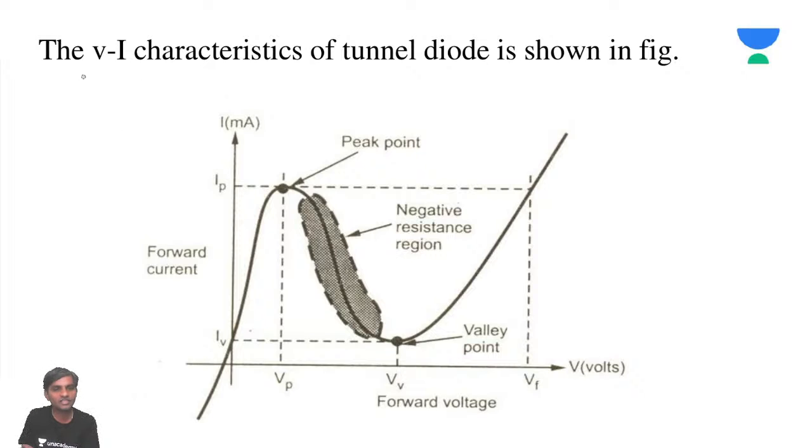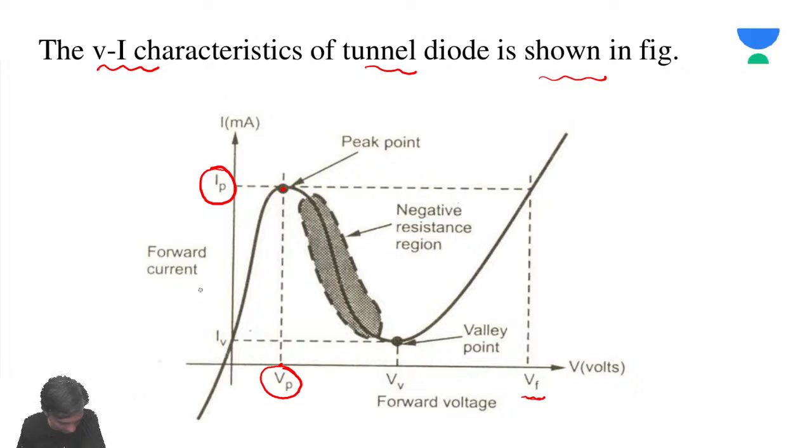Okay. Now see the beauty here. This is the VI characteristics of the tunnel diode. Very important, sir. Now see here. As you increase the forward voltage, the current increases slowly at first and reaches a point called the peak point. At this point the current becomes the peak current, which we call IP. Peak current IP. Now, as you further increase the forward voltage,